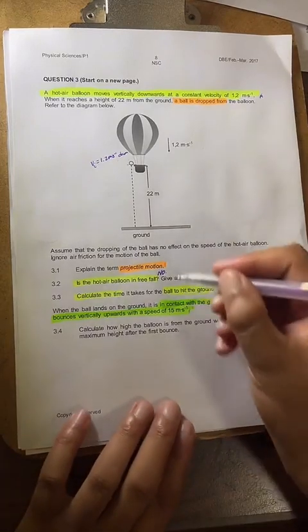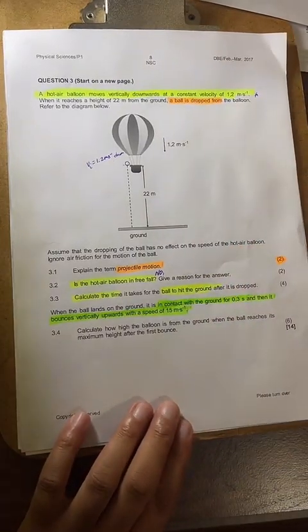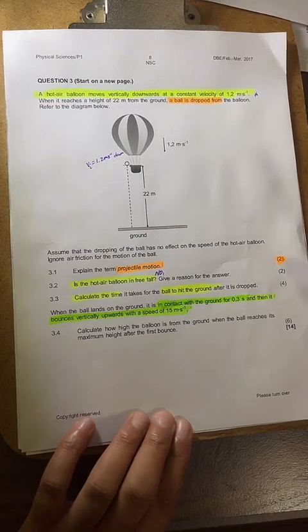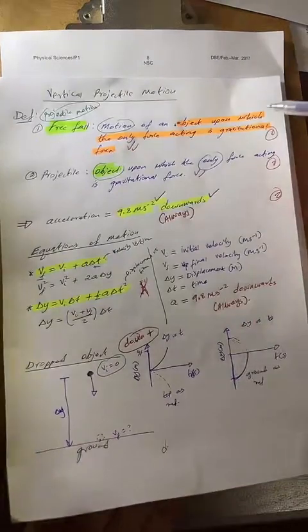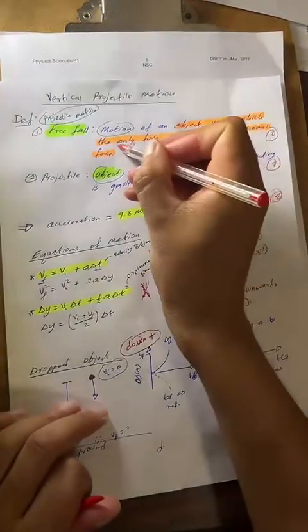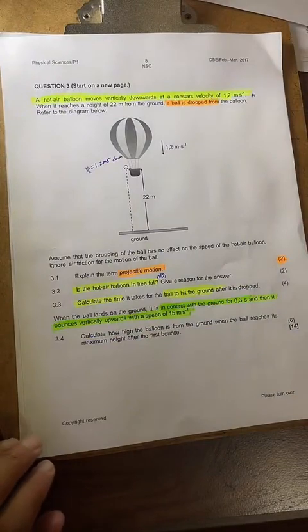Let's see. The reason is because there's more than one force acting on the object. Remember, for an object to be in free fall, it says there was the word only. Yes, there's a key word here: only. The only force acting on it is gravitational force. When it says the only force acting on an object is gravitational force, it means that